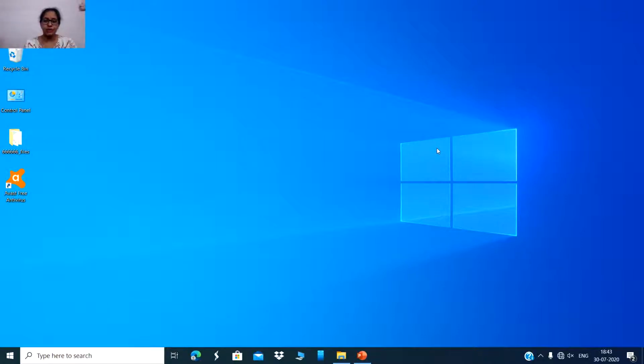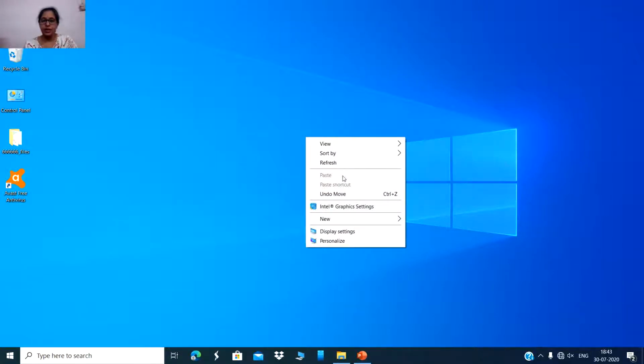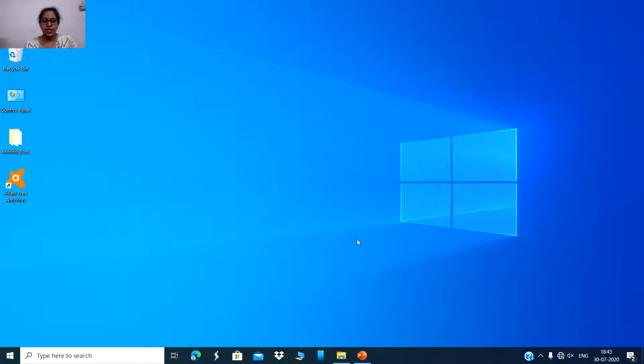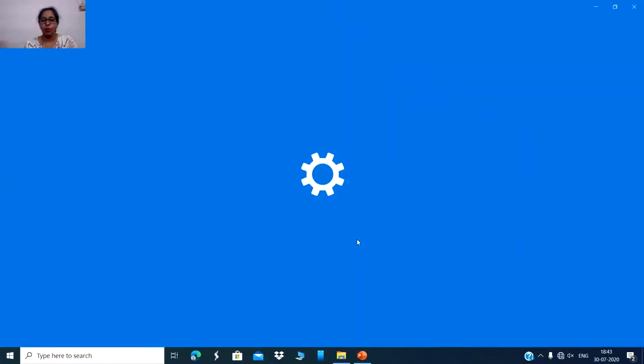As you have seen, this is our computer desktop. Right-click anywhere on the blank area on the desktop and choose the Personalize option from the shortcut menu. The personalization settings window opens.